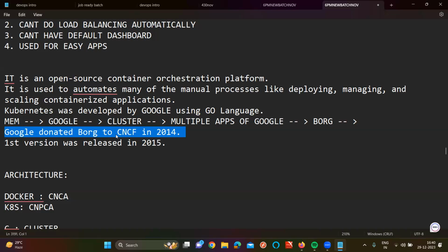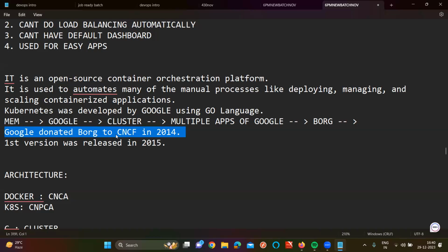After that, CNCF maintained Borg and renamed it Kubernetes, and they released the first version in 2015. In which year did it come into the market? 2015. Initially it was created in 2014 only, but Google gave Borg to CNCF. So CNCF released Kubernetes in which year?